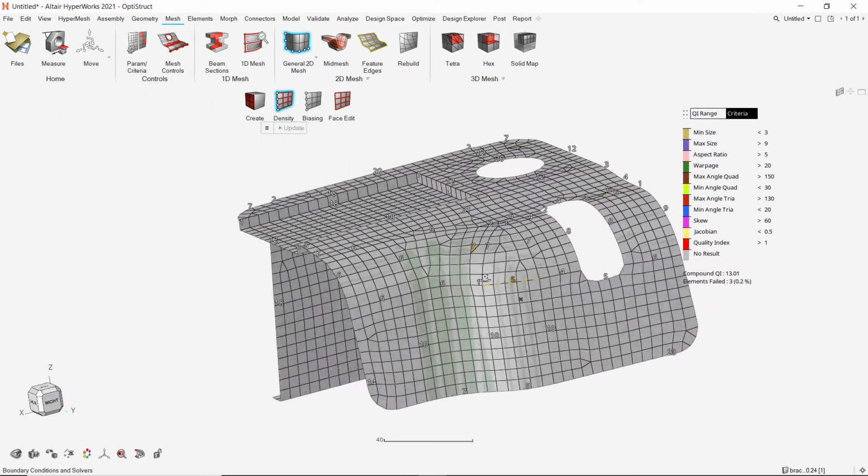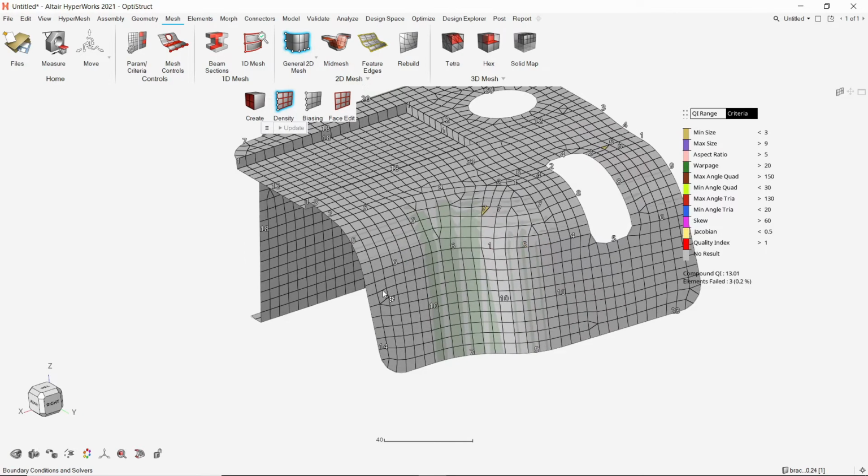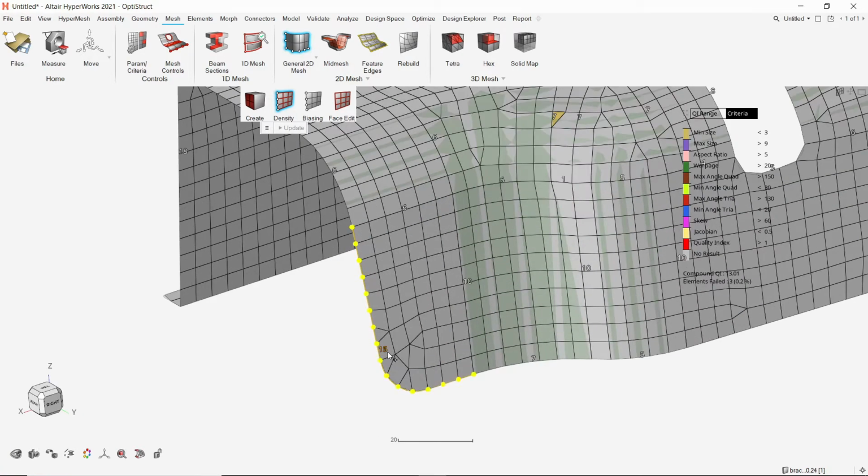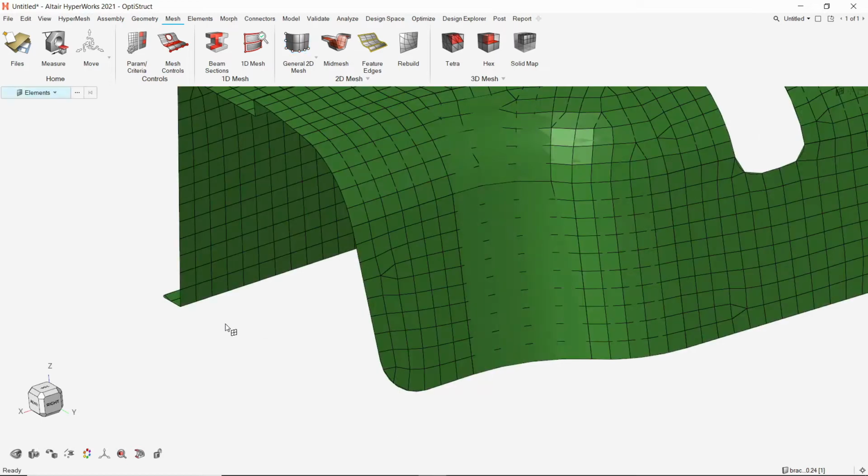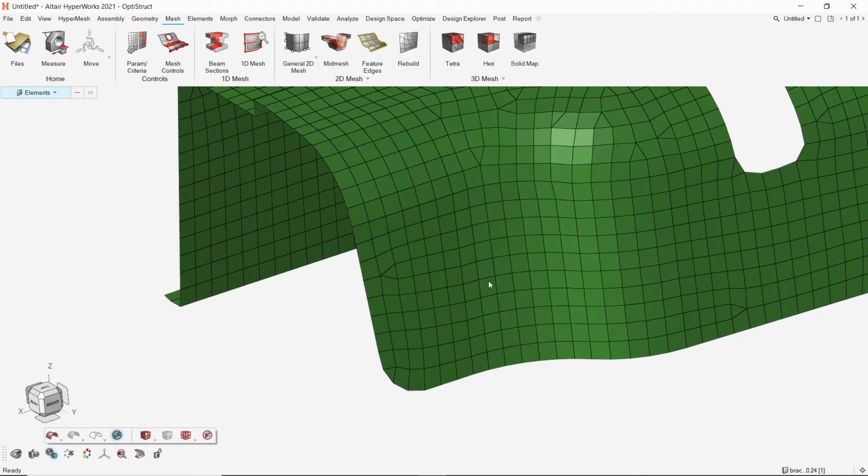We can also edit the node density along any geometric edge. Once the required changes are made, exit the General 2D Mesh panel. Let's hide the surface geometry to view the 2D mesh properly.